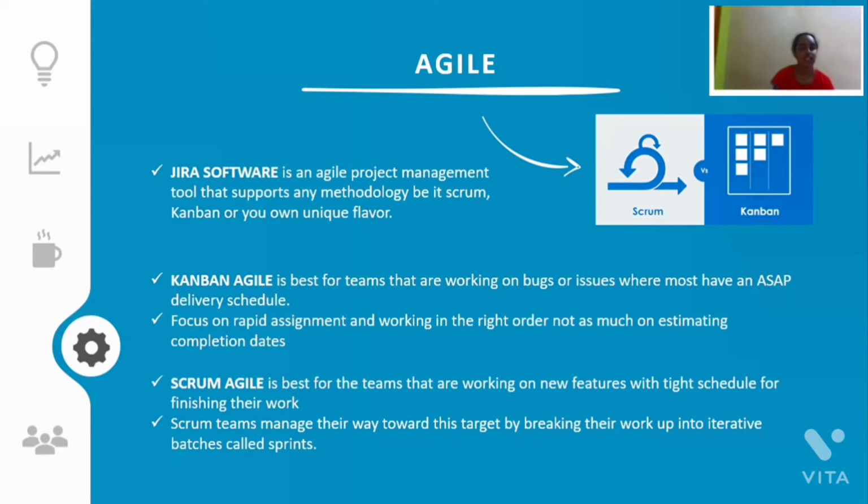The first flavor of agile is Kanban. Kanban is the best for those who are working on bugs or issues where most issues have a flexible or, more commonly, as soon as possible delivery schedule. What Kanban does is it collects all the work that needs to be done and puts the work in the right order. It assigns and completes the work as fast as they can. And the next one is Scrum Agile,